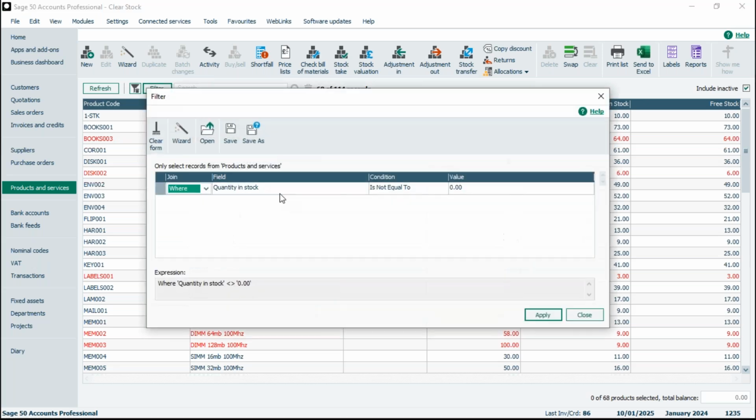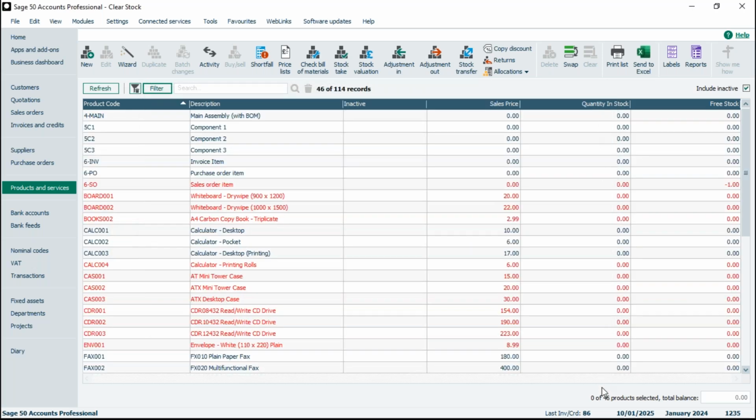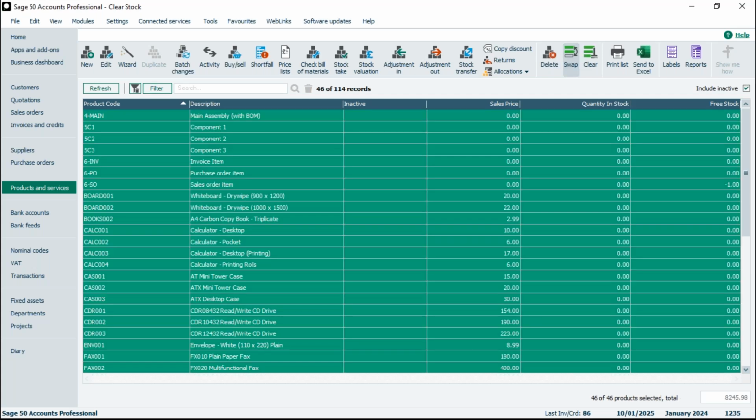But setting it to something like quantity in stock is equal to 0, and applying that, I've got all the ones that have nothing in stock. And I might think, actually, what I'm going to try and do is get rid of anything that has a quantity in stock at the moment of 0. So then I might think, well, I'll click swap to highlight everything and then go via the delete option. It will not let you get rid of anything that doesn't meet the relevant criteria though. So if I click delete,